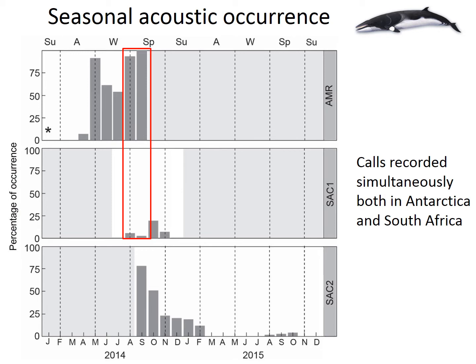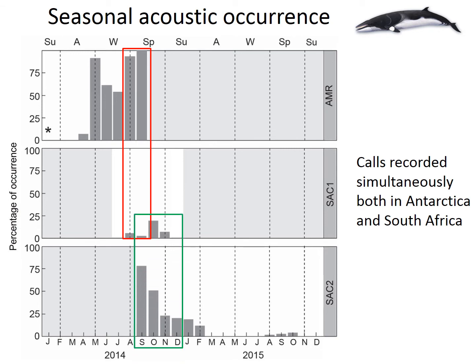And then we looked into the acoustic occurrence of minke whales, and we can see from this study that there was a concurrent detection of minke whale biodark in South Africa, which is this one, SEC2, and oral 1, which was in Antarctica, meaning these whales are in Antarctica and South Africa at the same time, which was quite interesting. Previous records were showing that whales migrate completely out of a region and are not there, but this shows a complex migration, where a proportion migrate out of a region and a proportion remains in a particular area.